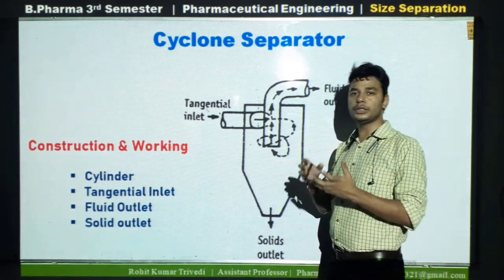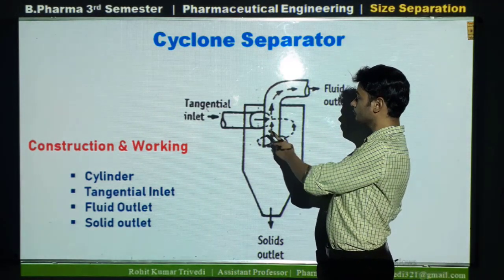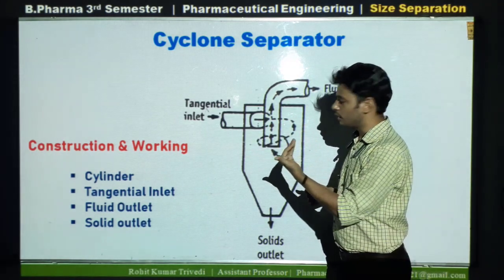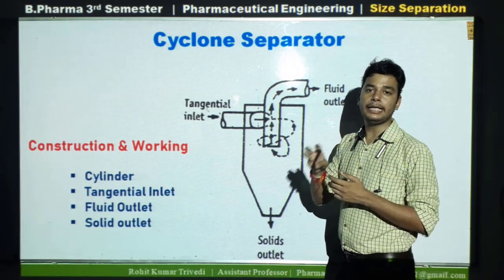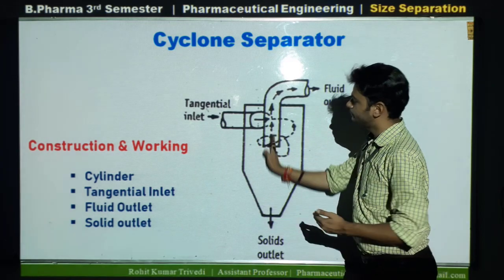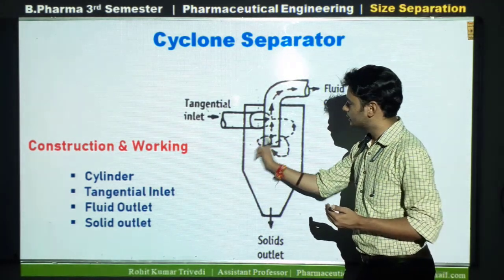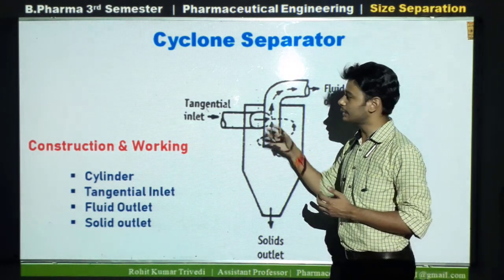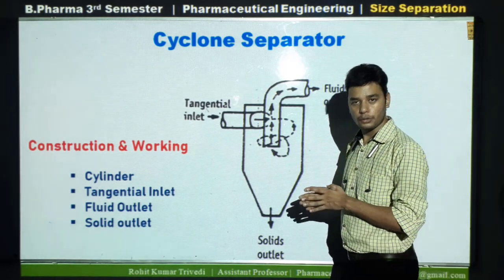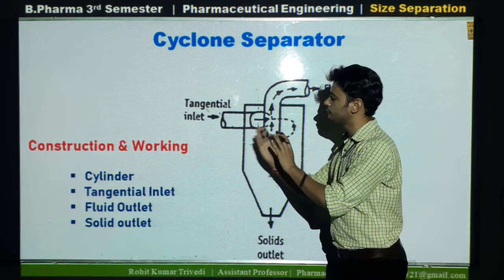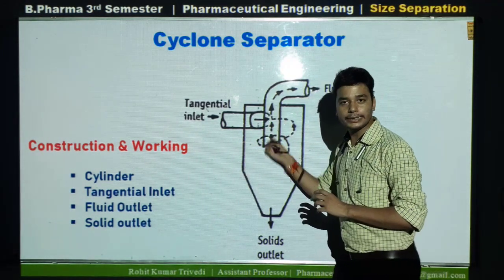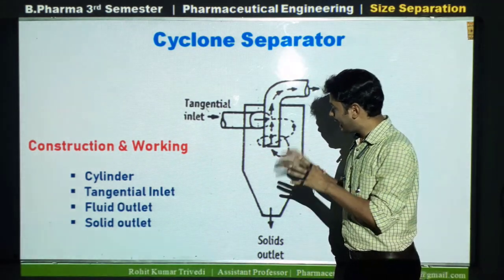Now what happens inside the cyclone separator? The heavy material, due to the centrifugal forces, remains on the outermost surface of the cyclone separator, and the light particles remain in the center portion. The centrifugal forces will take the material with it. The cyclone movement will be there in the air and the material that we are going to separate. The heavy particles will move along the surface, and the lighter particles will be moving at the center of the cyclone.